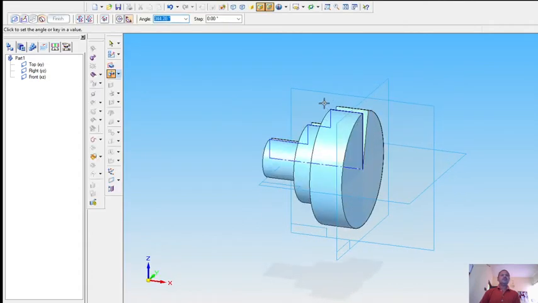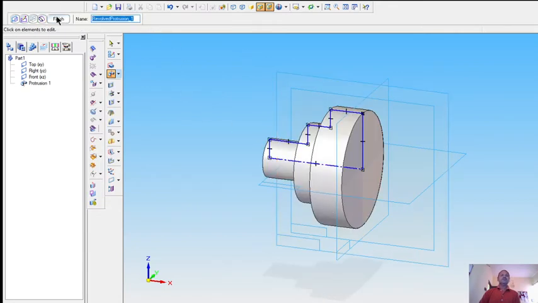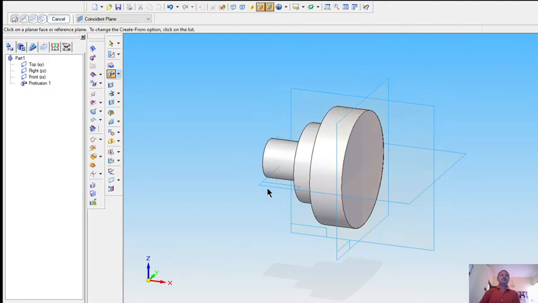So it will ask the angle to be revolved, give 360-degree, then click on the finish. So the 3D model is created. So let us see how to take the mirror copy feature of this 3D model.